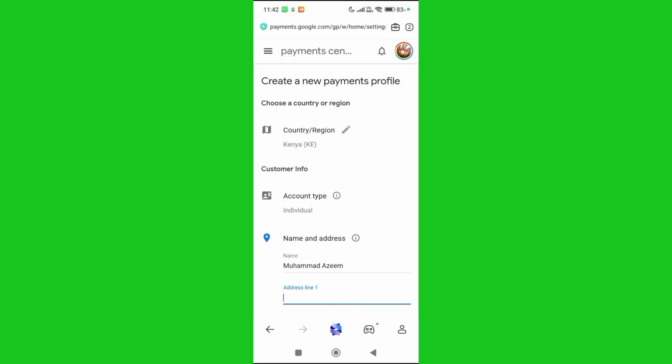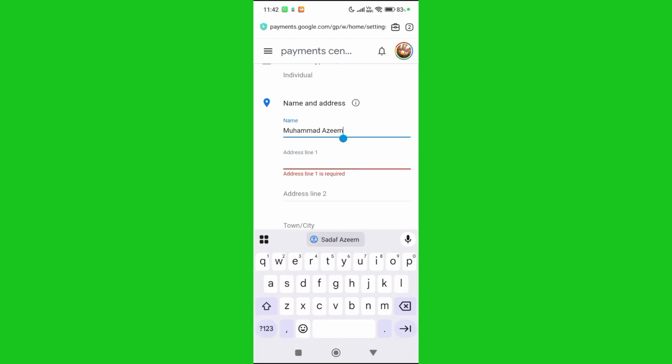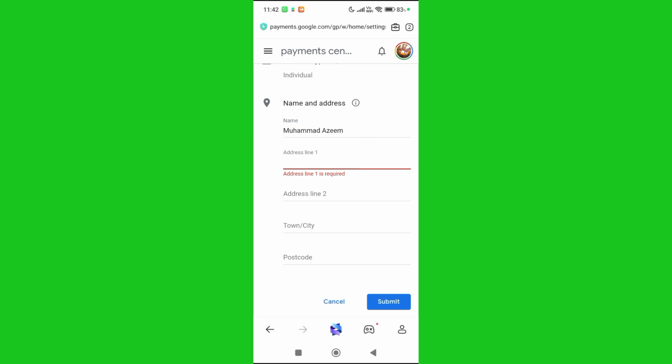and now here is the next option, Address. You have to write the address here. Name, account type, individual, name and address. You have to write your name, address and the town. Here you have to write town and postcode. You have to write your code, and after that there is an option to fill this form. Completely fill this form carefully by writing your name, town, address line and postcode. You have to write all of this and now submit, and after you submit you will see an option of